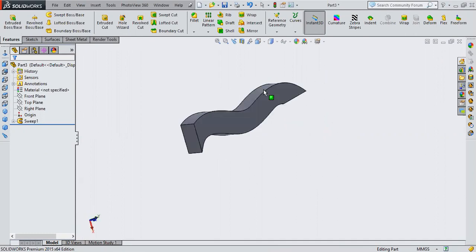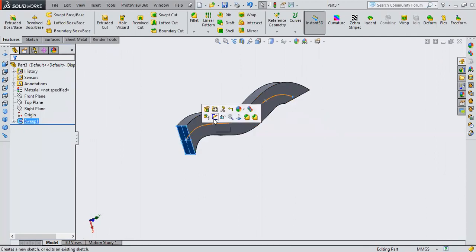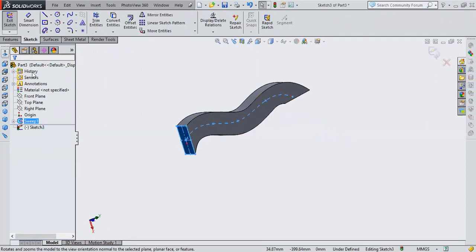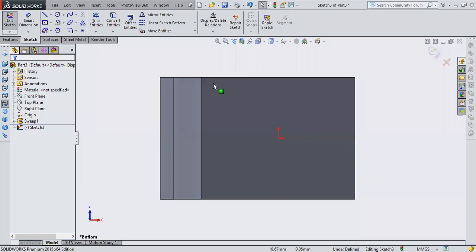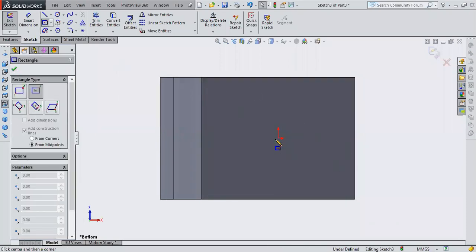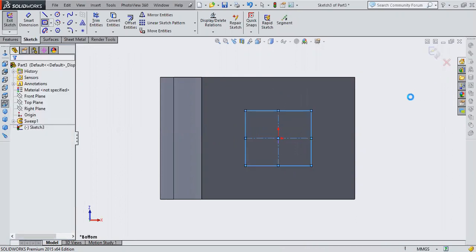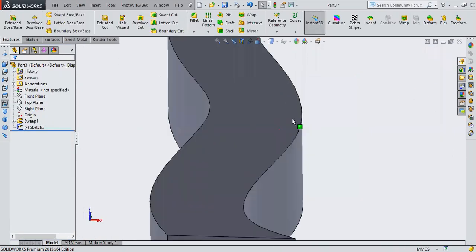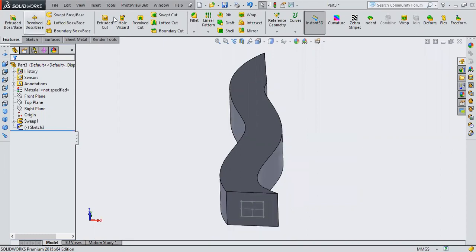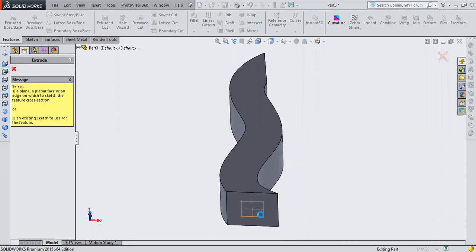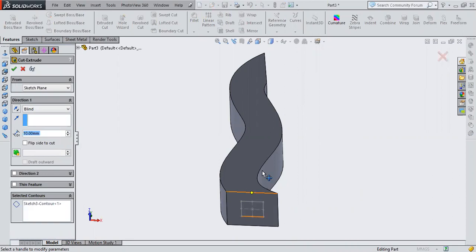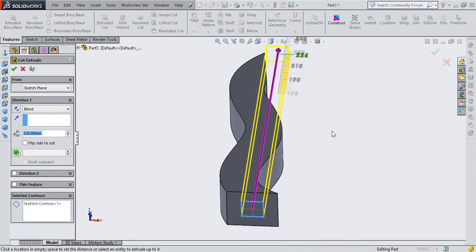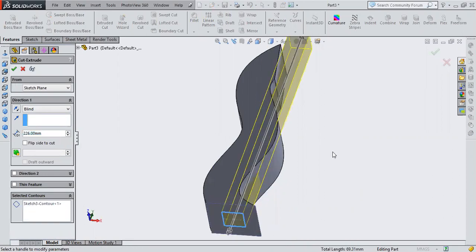To do the same swept cut, I have to use the same path. So I'll select this face and go on sketching this. This is very much important. You'll get it in your YouTube link, don't worry. I'll create the same rectangle like this, which I want to remove the material. Now the problem is I can't use this direct cut here. If I use this extrude cut, it will be horrible. It is not the way, right? It should exactly follow the path, right?